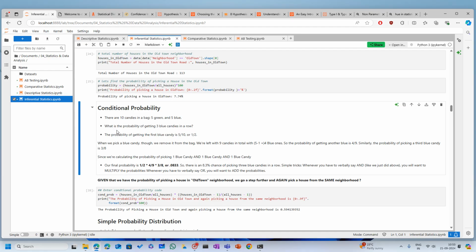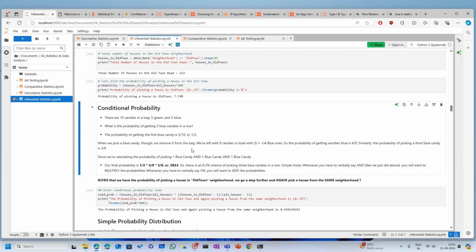Let's just say there are 10 candies in a bag, 5 green and 5 blue, and if you want to calculate the probability of you picking 3 blue, then first you have to calculate the probability of picking green, which is 5 by 10 total, and 5 by 10 is again for blue. Okay, and because there are 5 green and 5 blue, again